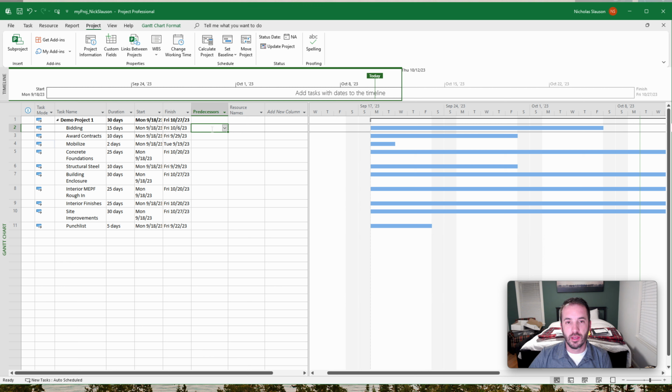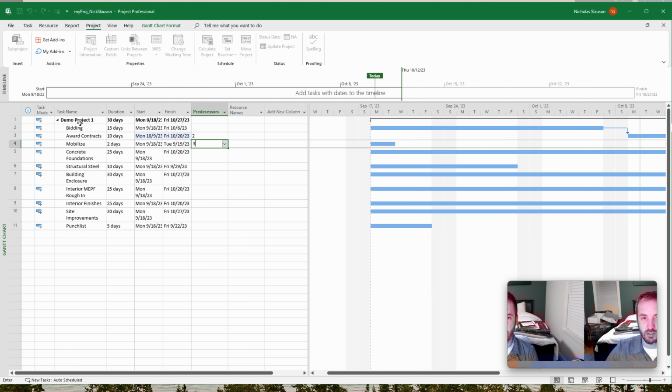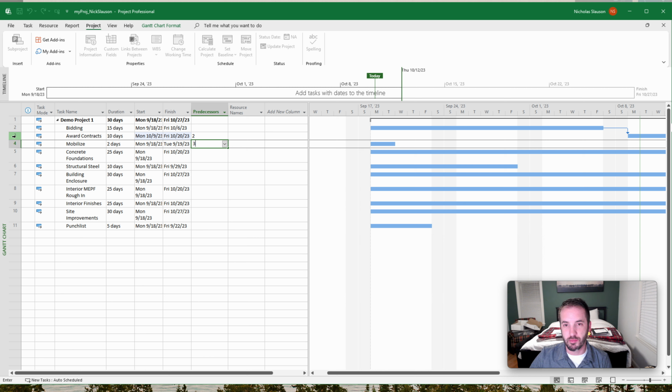So bidding has no predecessor to it. That's the first activity, so that one can sit right at 9/18. But then let's talk award contracts. So award contracts would come after bidding, so that would have a predecessor too. And you'll see right here on the right hand side, it automatically linked that and then updated the date based on the duration there. So mobilizing comes after contracts, so that would be activity 3, which your predecessors are just